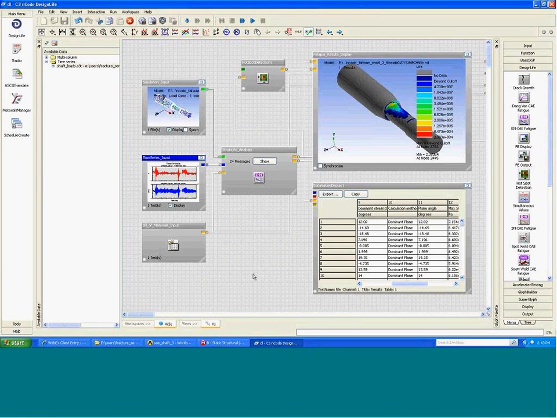There are many other things you can do with nCode, but that brings an end at least to what I wanted to show you here in this initial introductory demo of nCode. Again, it's extremely easy to use, but extremely powerful. There's many other issues and other features that are available, and hopefully we can bring you those in